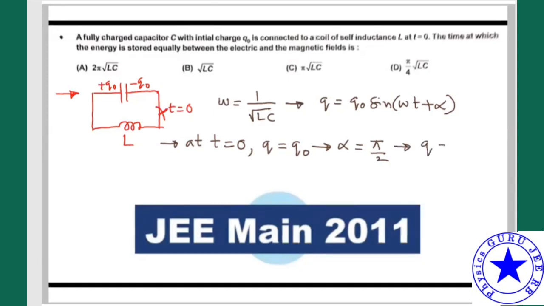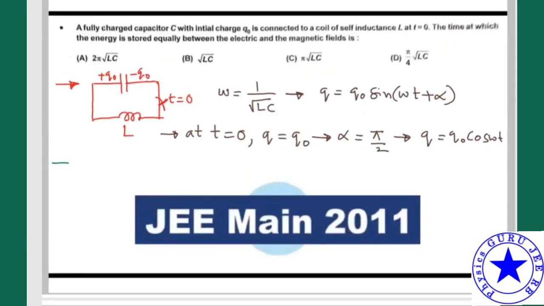When alpha is pi by 2, q can be written as q naught cos omega t. That's all. Hope it is clear till this point. Okay, after t seconds, when the capacitor is charging, if I take the charge present on the capacitor as q,